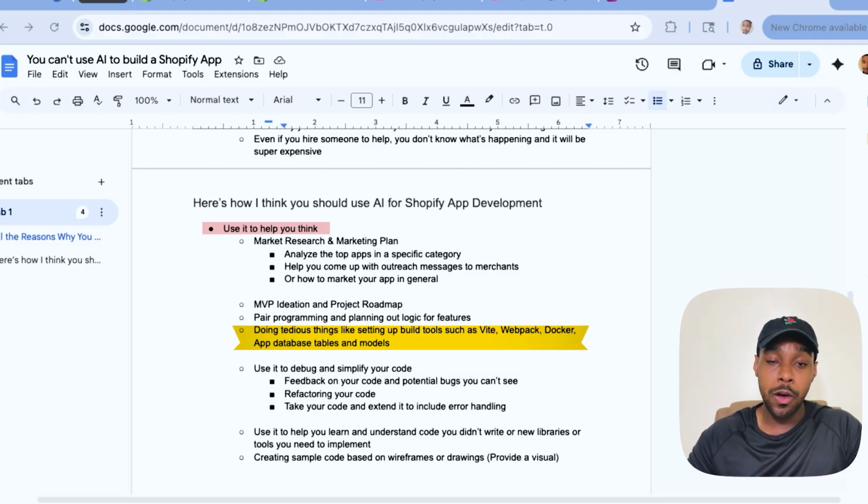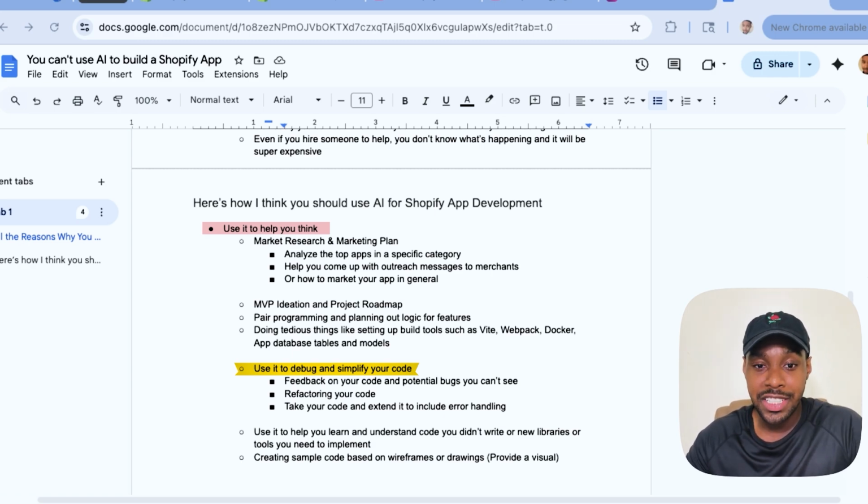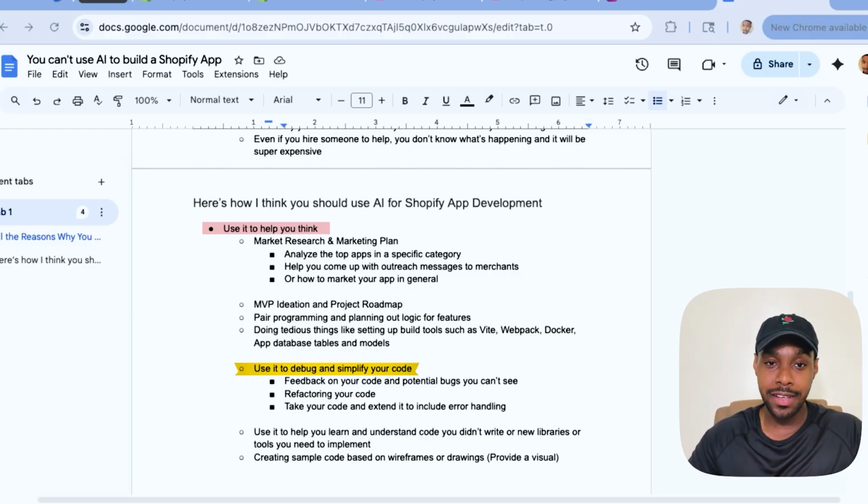Now, this next thing is a no-brainer, something you're probably already doing. You're going to use AI to debug your code and to refactor working code. So you can get feedback on your code, and maybe you can ask it to find potential edge cases in the code that you wrote, or ways you can make the code simpler, or how you can handle errors better. And if you're up to doing test driven development, I've never done it before, but I should, you can have AI help you write unit tests for your app.